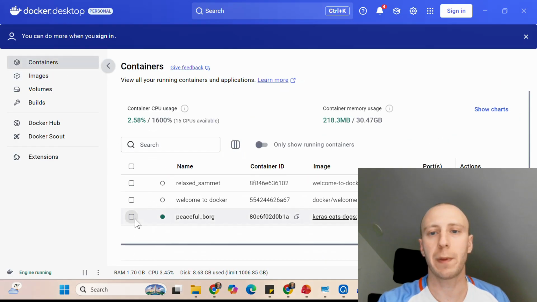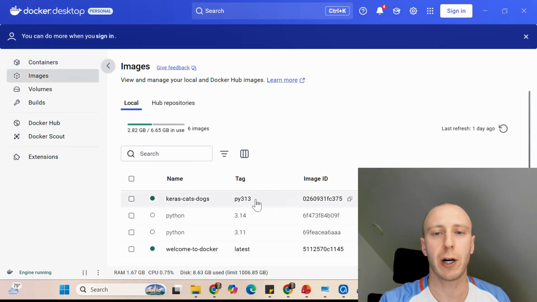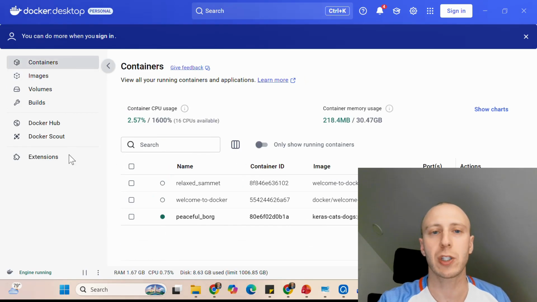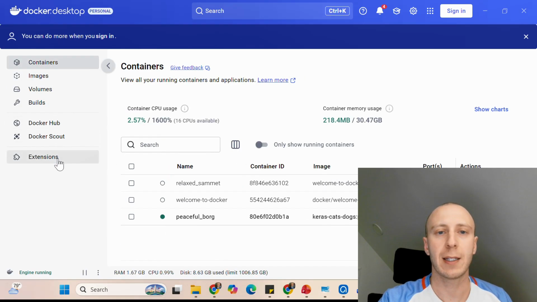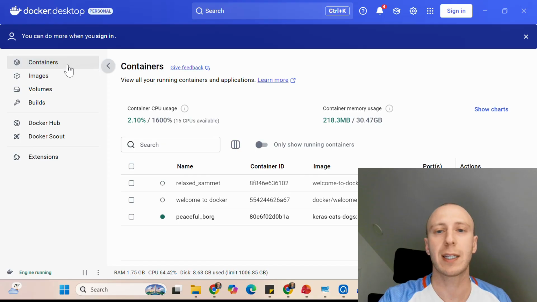Remember, we just spun up this container called Peaceful Borg from the image Keras Cats and Dogs. Keras Cats and Dogs already has all of our Python packages ready to go, and the files have been mounted to this container. Early on, I mentioned that the container itself doesn't have files, but when you set up the image for the first time, you can mount files to the container so that it can access them